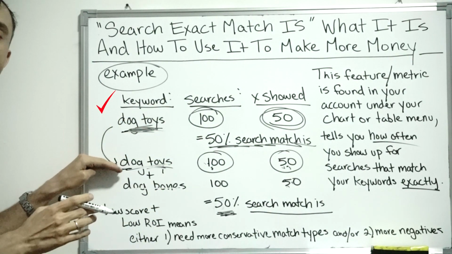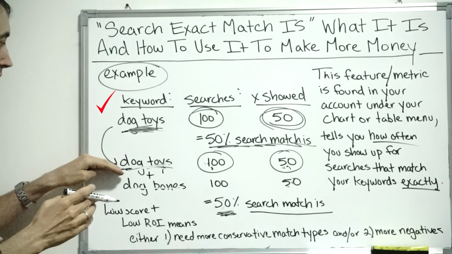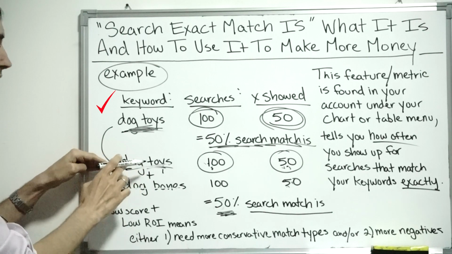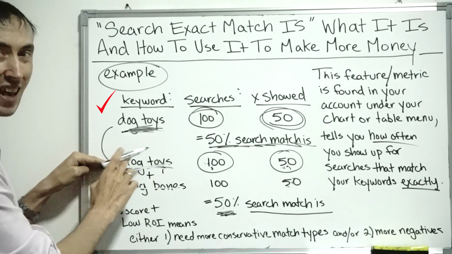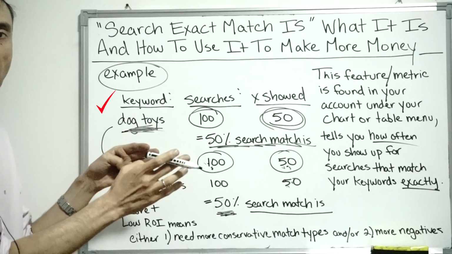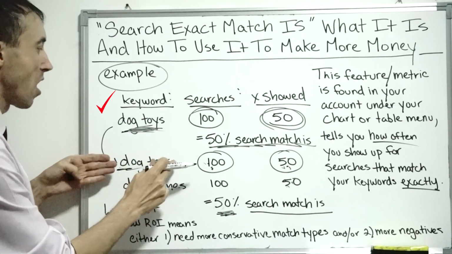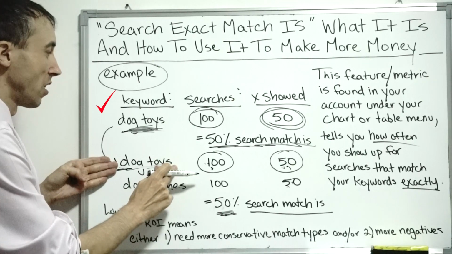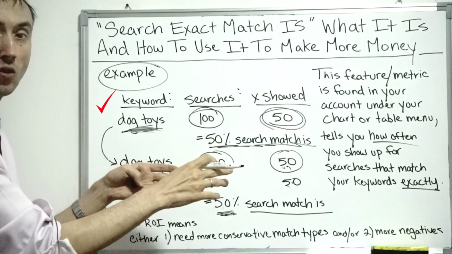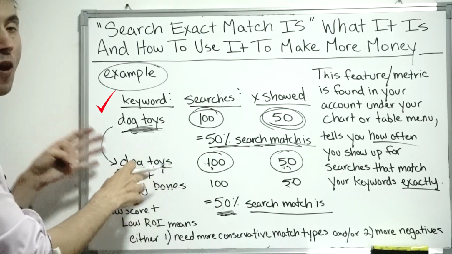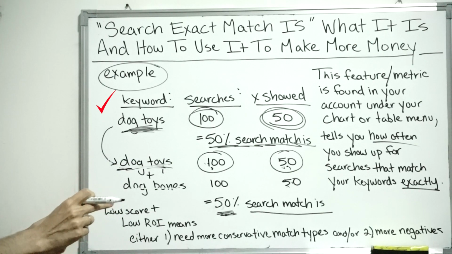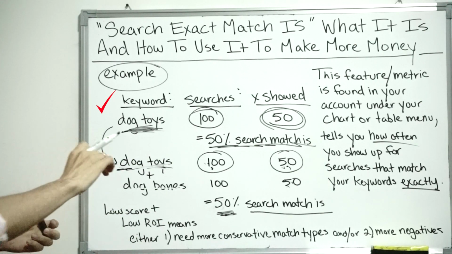for, only 10% of the time your ad showed up for the keyword dog toys, it was actually people typing in dog toys exactly. Well, it would only look at that 10% of the time that people typed in dog toys exactly. And then of that, what percentage of the time your ad ultimately showed up for out of all the people that searched for dog toys exactly on Google. I know it's a little bit hard to understand, but